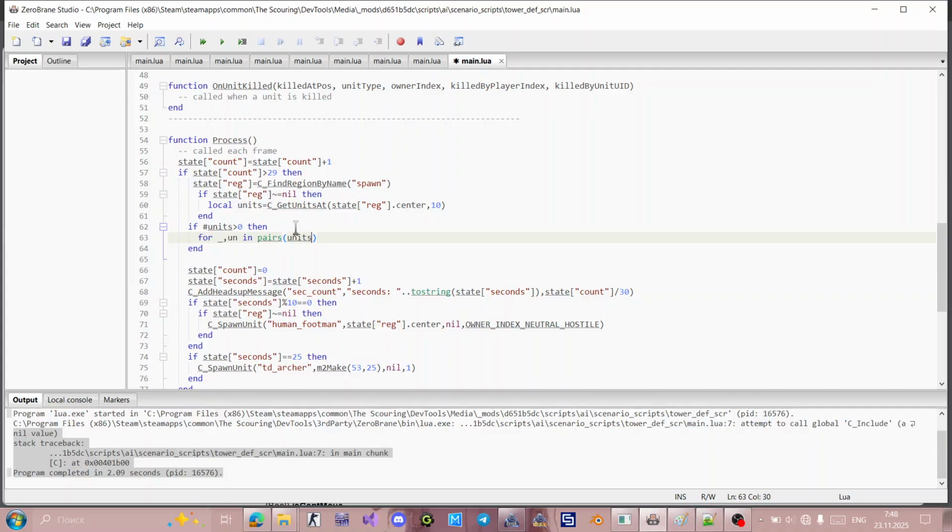To check that owner of our unit, owner index neutral hostile, I will use this construction. If unit, they open our structure and watch integer owner index. Owner index, that's index of owner, yeah. Owner index equivalent to owner neutral index hostile. By owner index neutral hostile, then